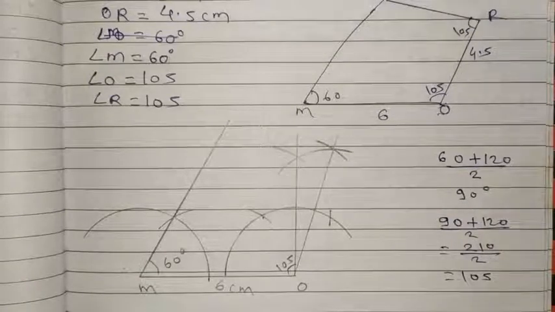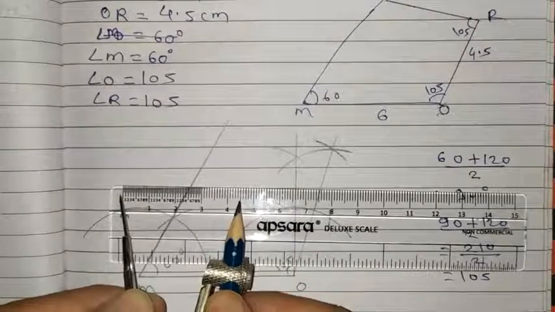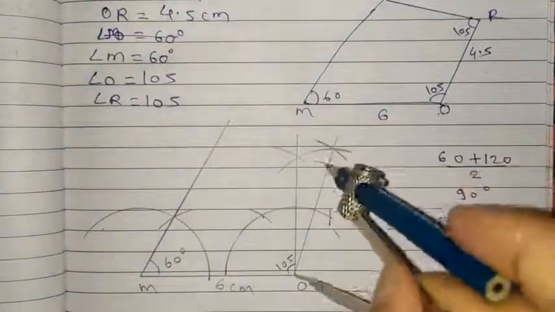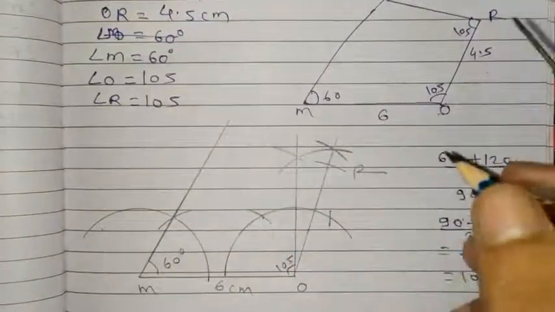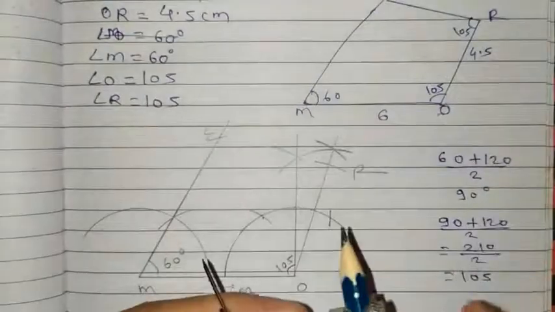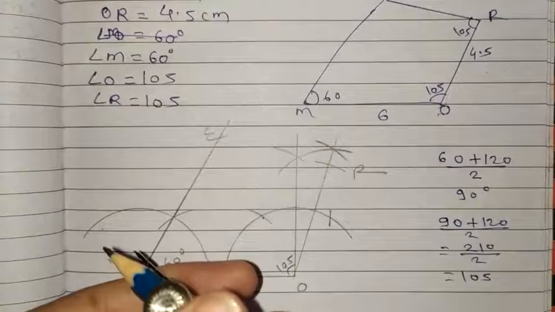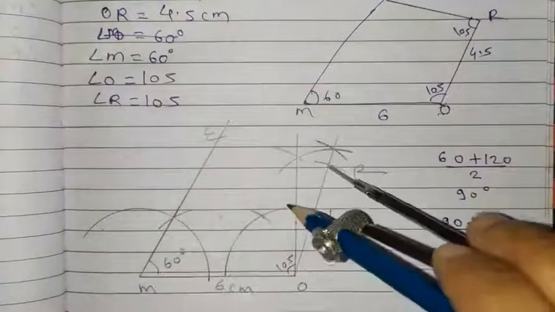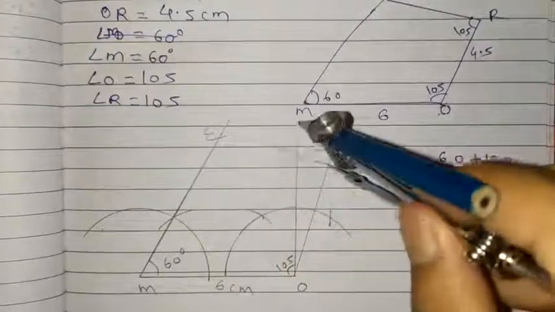By using the same process, we want the 105 at point R. But here the distance of OR is 4.5, so you have to draw that. So OR is 4.5. So that we completed, and that point is known as the point R. Here you reduce the distance of the compass, it is better if you take less than half of that line. Here you make the arc, I am just increasing. So on that particular distance point you have to take the pointer and make the arc carefully.